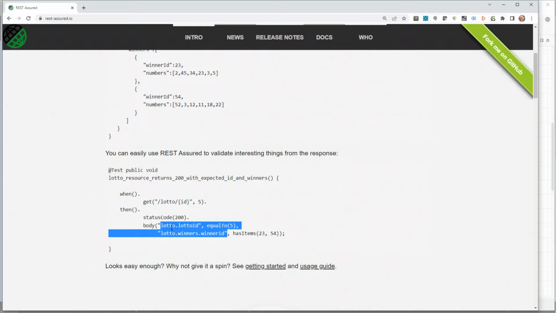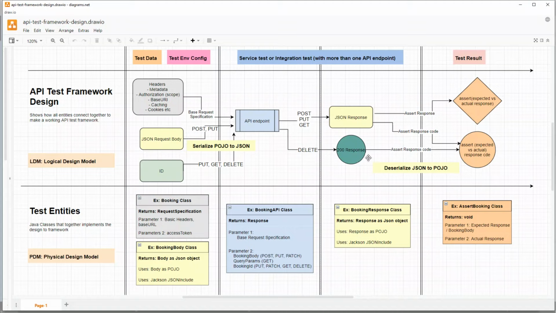And if you have to write integration tests, imagine if you have to make multiple API calls, this test will become very non-readable and very non-maintainable because of the amount of code duplication that you will see in these kinds of tests. And because of all these reasons, in the beginning I mentioned that our goal is to use Rest Assured